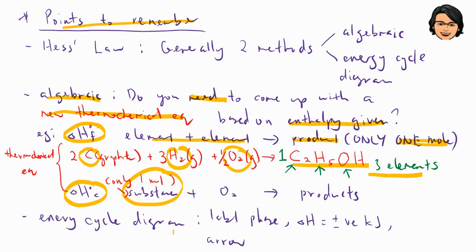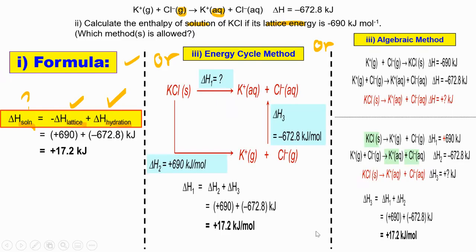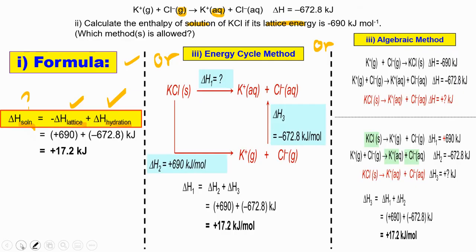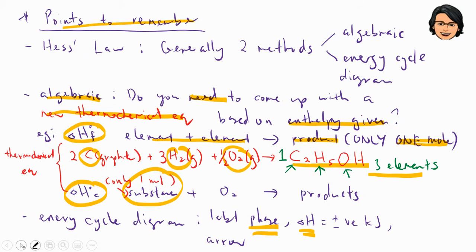For the energy cycle diagram, the important thing is to remember to label the phase, and when you fill in the enthalpy in between the arrows, remember to write kilojoule, and you must label whether it is positive or negative. And your arrow must be in the right direction,